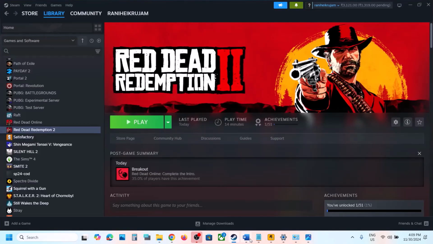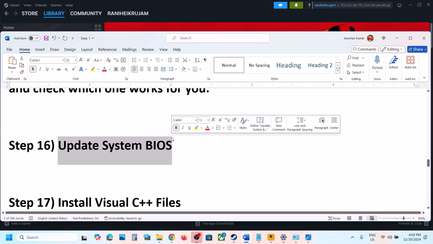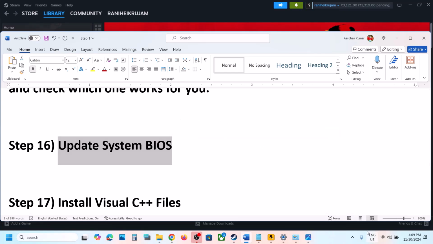Now the next step is to update the system BIOS. Now this is important. Go to your system manufacturer website. So if you have a Dell computer, go to Dell. If you have Lenovo, go to Lenovo. If you have HP computer, go to HP. So go to your system manufacturer website, select your model number, make sure that you select your computer, and then